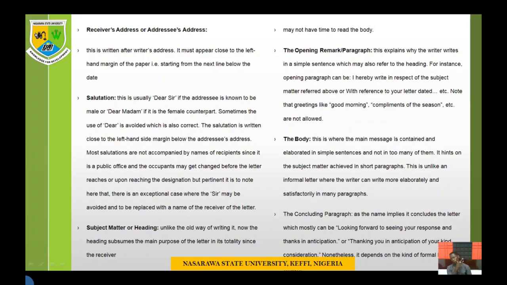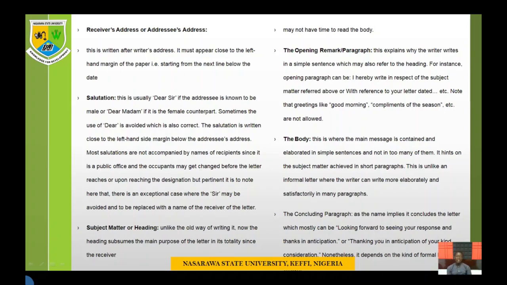You know, before, in those days, you can only write complaint letter as your heading, or application letter, or letter of application. These are instances of those days, but these days it is advised that you capture, okay, the purpose in totality